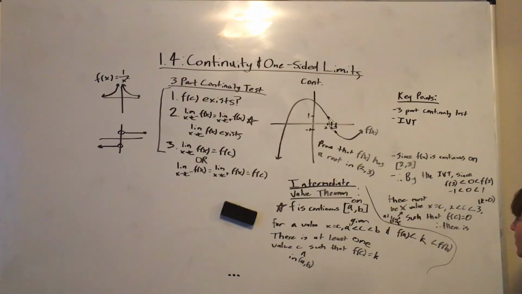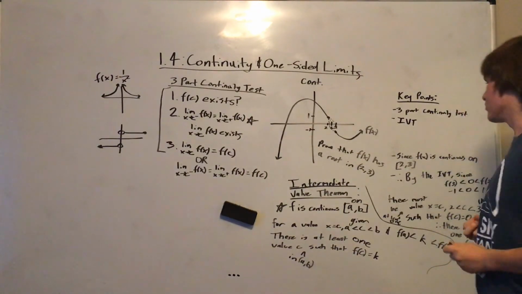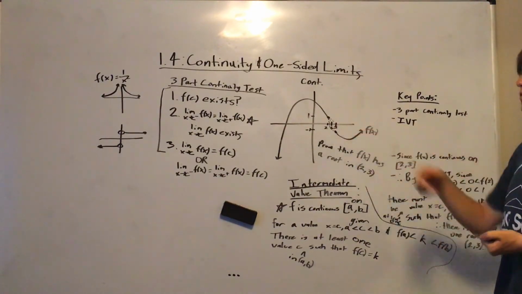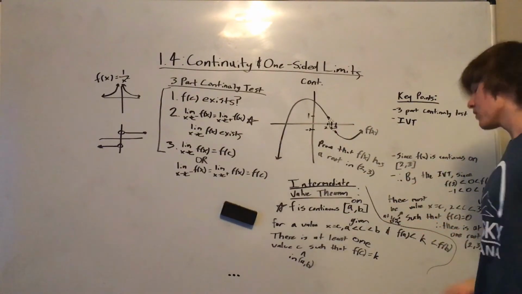There should be at least one value x equals c, such that f of c equals 0. Therefore, there is at least one root in this interval. Boom, done. You just showed that there was a root in here without knowing what the root is,